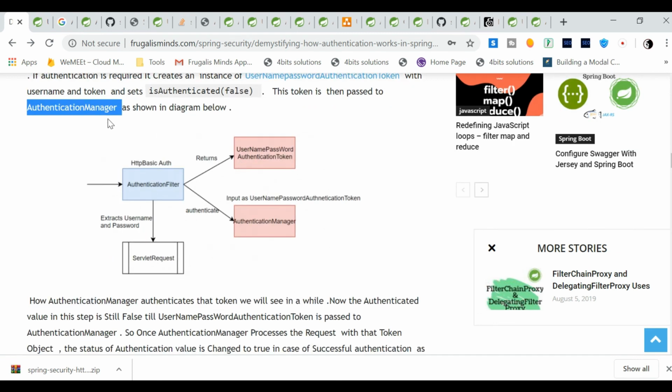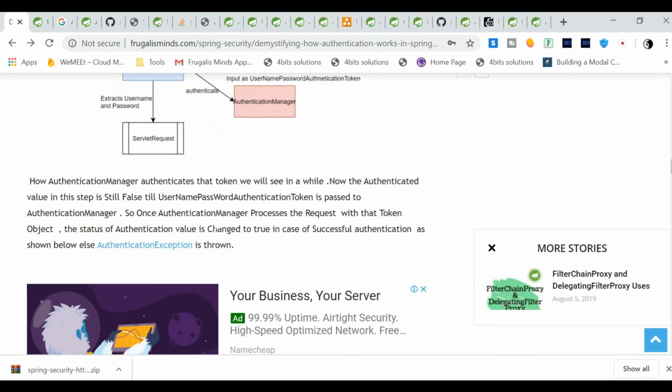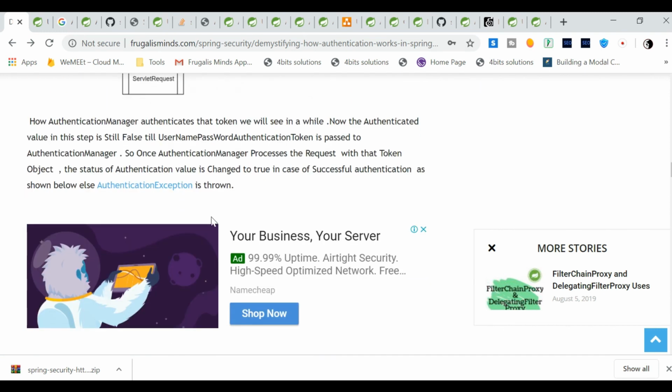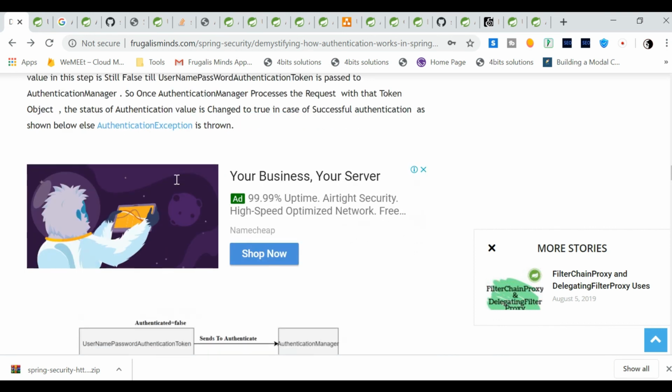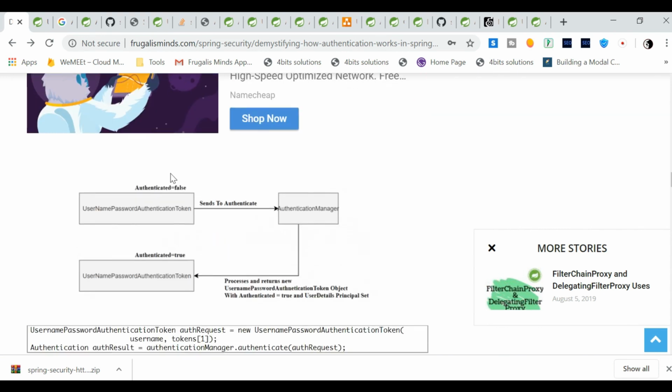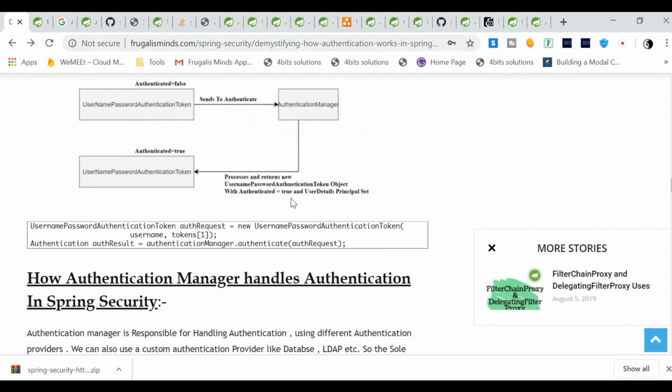Now the authentication manager takes as input the username password authentication token, that is the authentication object, and tries to authenticate. Once the authentication manager processes the request with that token object, the authentication value is changed. How? It is changed using an authentication provider. Now the proper authentication provider gets called up. Before that, authenticate is called on the authentication manager, and it tries to find the authentication provider.